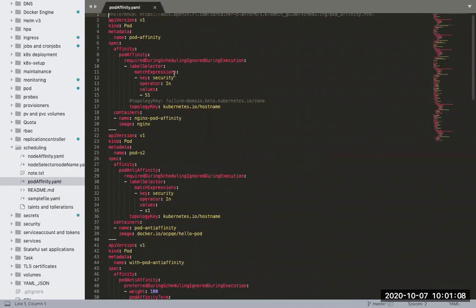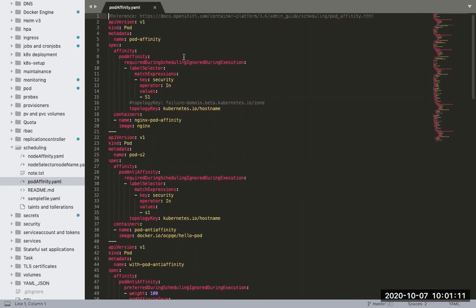First of all, if you take this sample example, here we are trying to do a pod affinity. You can see that under affinity, we are writing podAffinity. Under that, we have written required during scheduling, ignored during execution. And we have written a label selector, and in that, a match expression. What is the expression that should be matched? This key has to match the value. But what is this label we are talking about? Is it a node label or a pod label? This is all about the pod label.